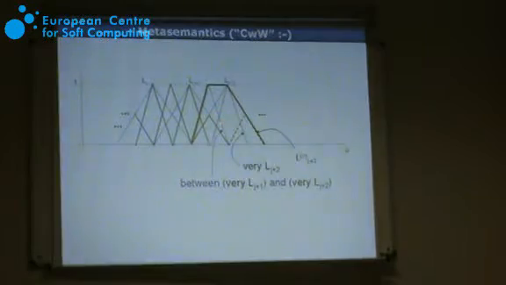This kind of lila, which is now between the green and this black that I just defined. So this is between very Lj plus 1 and very Lj plus 2, which is this one. Now, this is the right wing of Lj plus 2, that's the main thing. And if I look at that, and what I have here,